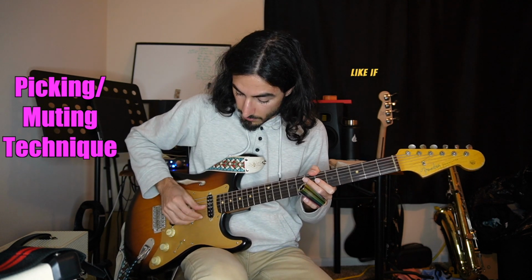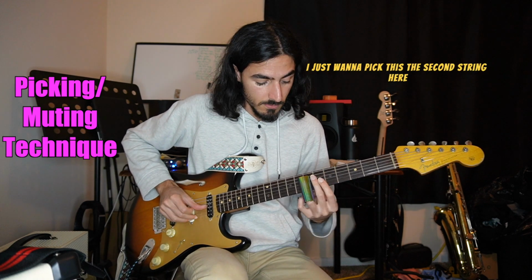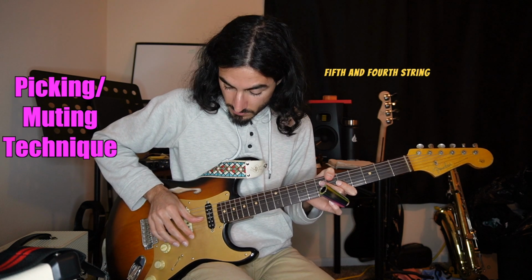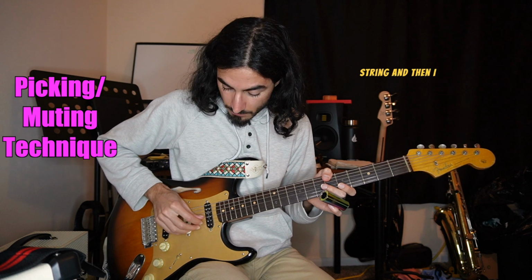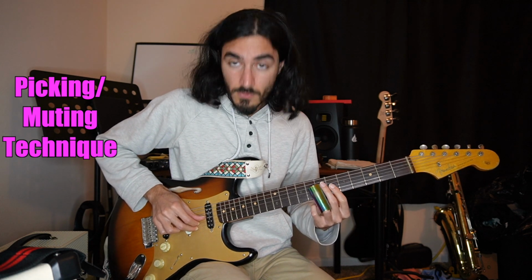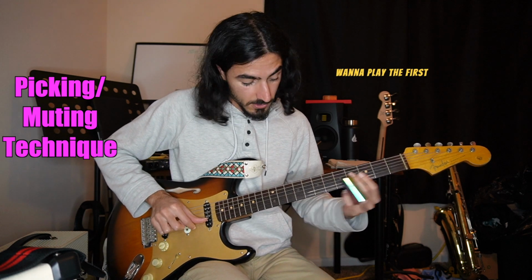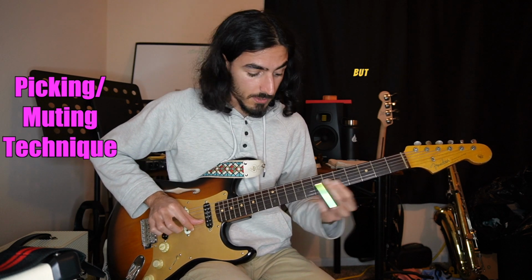In general, if I just want to pick the second string here, I have my thumb resting on the 6th, 5th, and 4th string, and then my middle finger is actually covering up that first string, and then I'm picking with my index finger on the second string. And then sometimes when I play the first string, my thumb will just come down and mute everything but the first